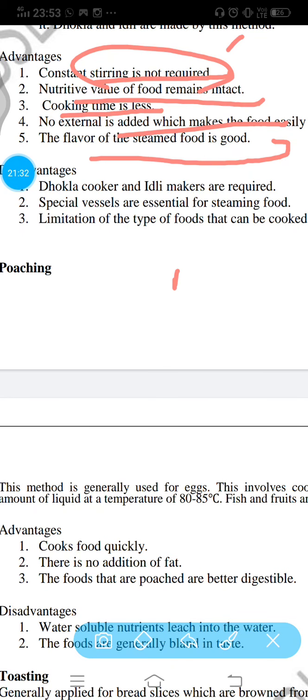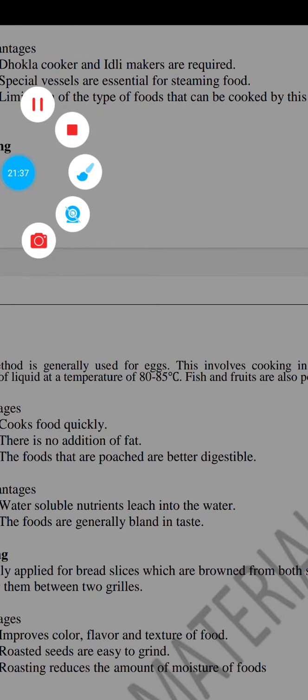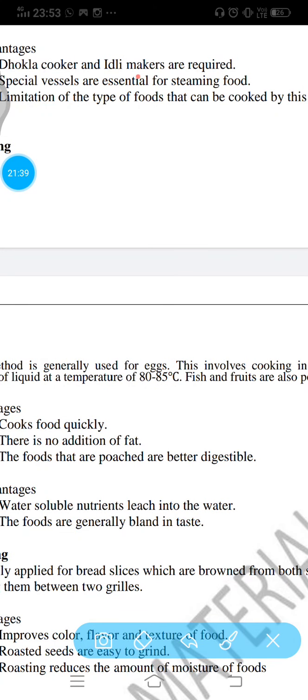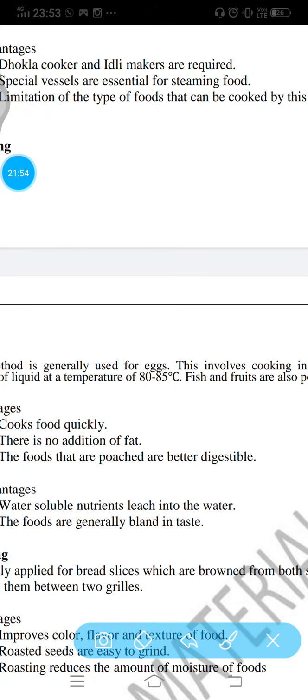Disadvantages are also there related to it, because if we have advantages, then we are surely going to have disadvantages also. What are the disadvantages? Specific instruments are required for making it. We cannot make it on every instrument basically, even though we can do certain jugaad, but food is cooked more properly if they are having specific vessels for the steaming purpose. Same point is mentioned here. And through this method you can make a limited amount of food. That means you cannot make a variety of food, only a limited amount of food.